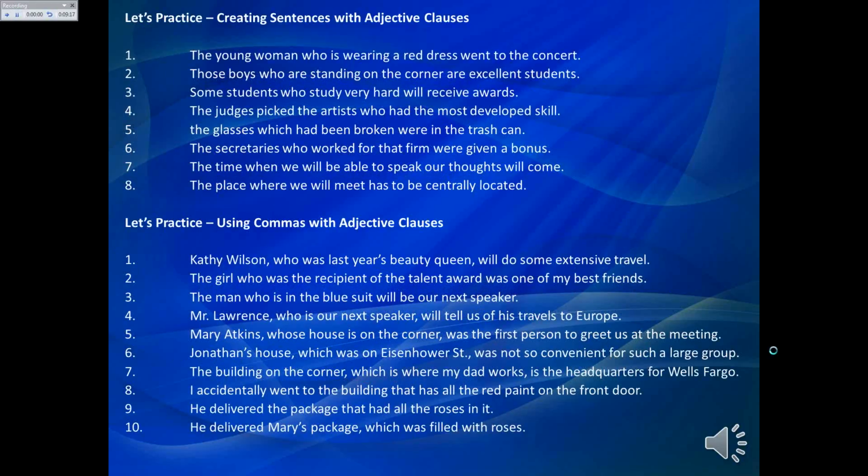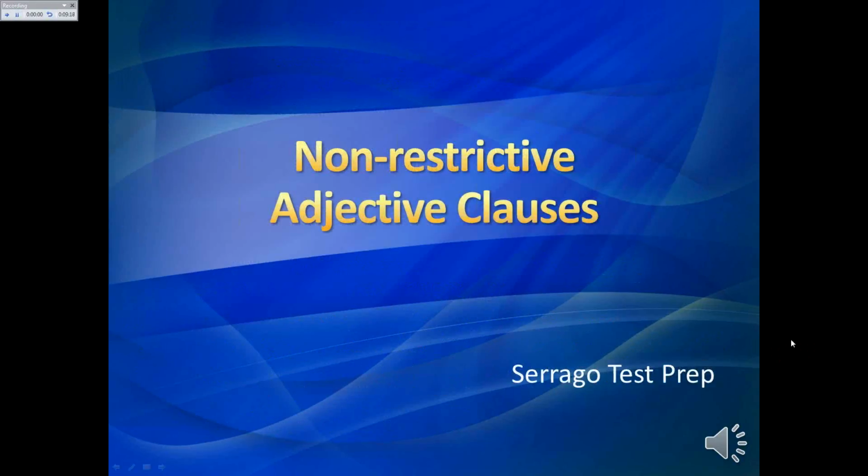So adjective clauses is a very short exercise, but I really want you to learn to use these. I want you to learn to use them well, and especially learn to punctuate them. It is going to be on the new PSAT. If you are going to be taking the new SAT, which I would not recommend unless you have to, it will be on that. It's already on the ACT. So pay close attention to it,